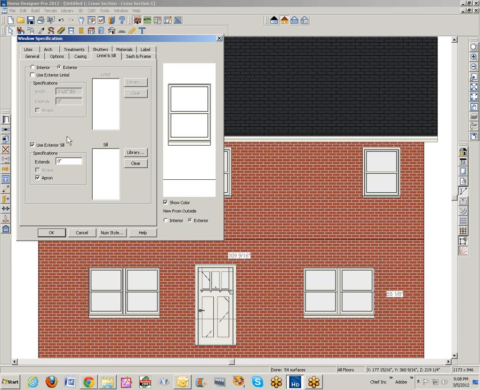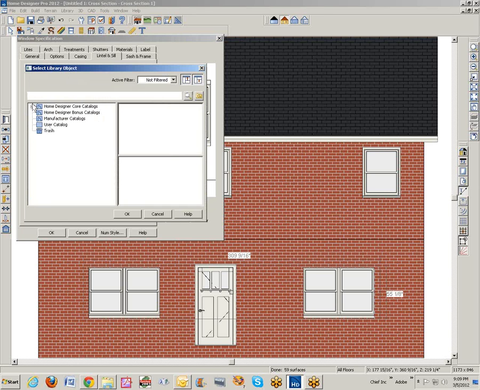Lintel and sill. I thought you'd also enjoy seeing this. So I've got exterior sill checked, but I don't want an apron. Well, I'll leave the apron in there and show you why I would take the apron out. I'm also going to use a lintel on these 4 windows. So I don't know if there's anything in the library that's useful for this, but I think lintels will work okay. I'm going to go over to core catalogs, architectural moldings, and for this I'm going to use,